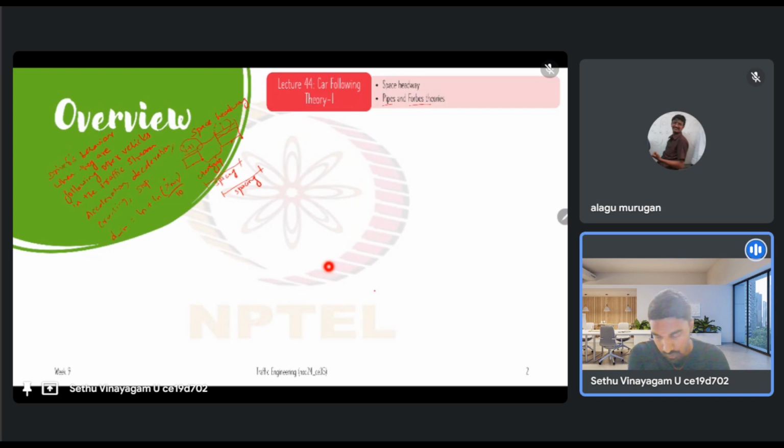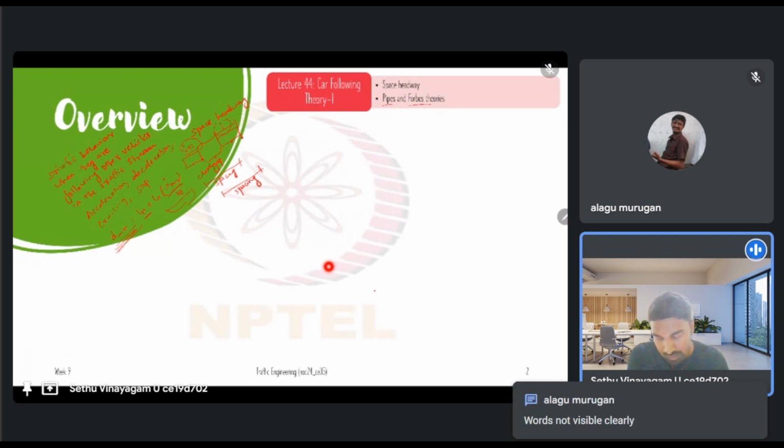Okay, so what does this mean? So this is your safe gap. As we saw, the safe spacing will contain the length of the vehicle plus the gap. So this is the length part. First term is the length part, second term is the gap part. And Pipes's theory was that as the speed increases, right, so for every